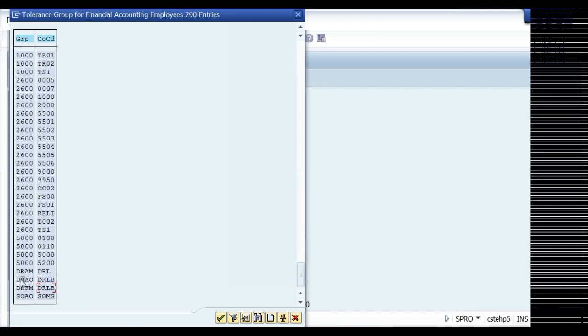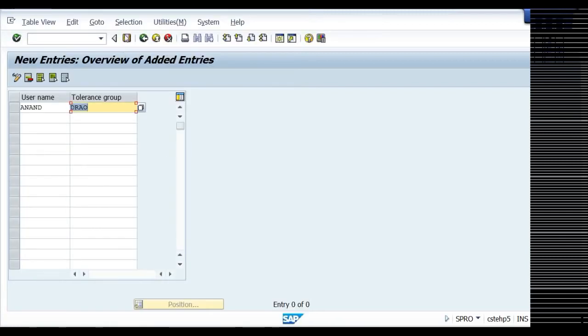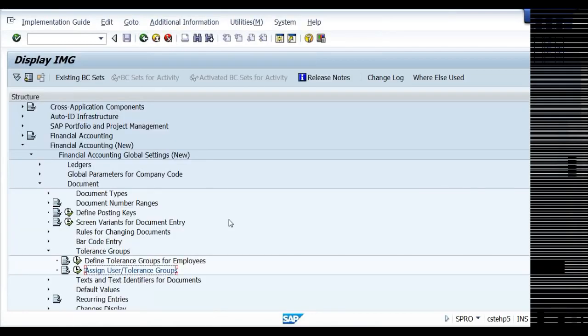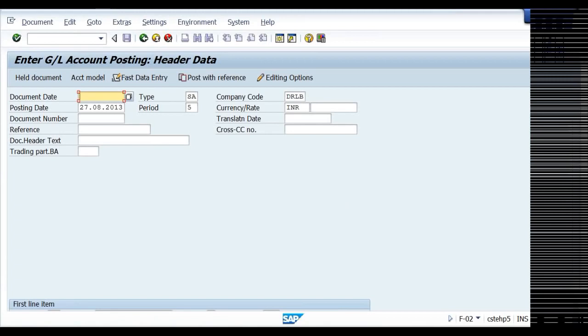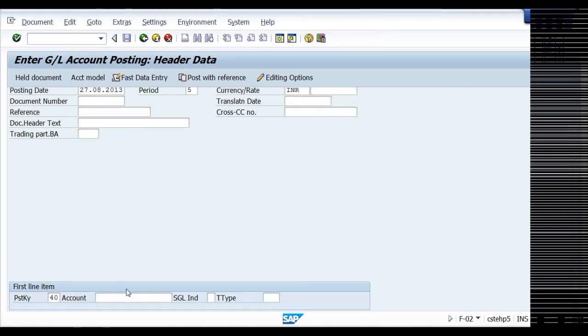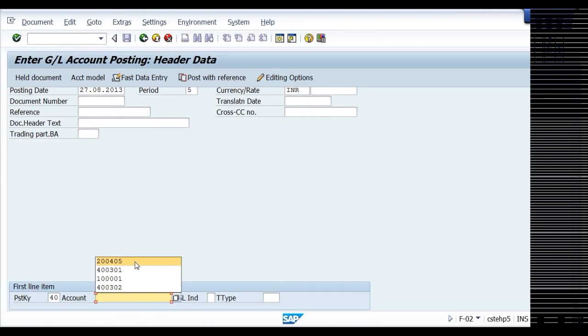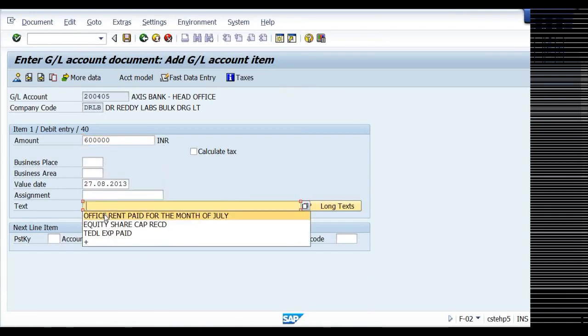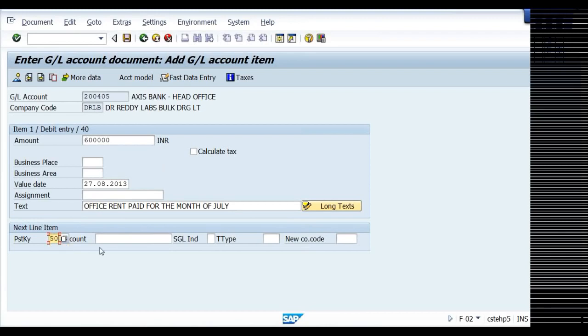DRFM, DRAO, save it. 204.05. If I take 6 lakhs, let me check whether the system accepts bank account debit to equity share capital account.